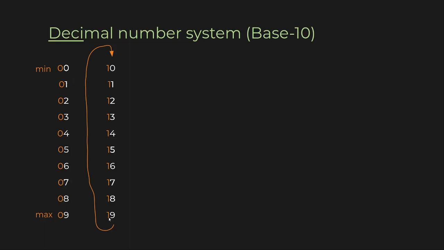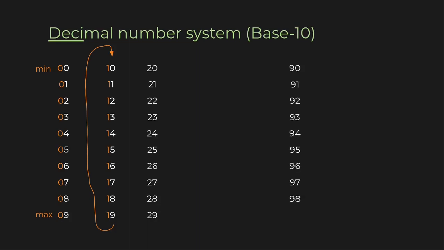So following that example, what will come after 19? Again we reach the maximum digit here, so it will become 0 and we are going to pick the next digit, which is 2, so 20. That's how we see 20, 21, 22. This process will continue. Next will be 30, 31, then 40, 41. This will continue up to 90, 91, 92, 93, up to 99.